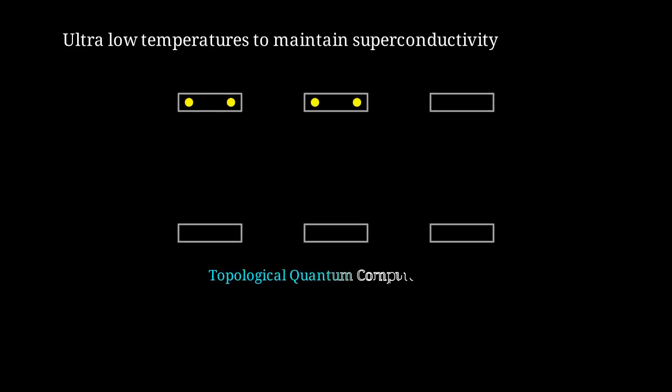This shows a conceptual architecture, multiple nanowires arranged in an array. Each has Majorana modes at the ends. The nanowires can be coupled to perform braiding operations and create an entangled topological quantum processor.